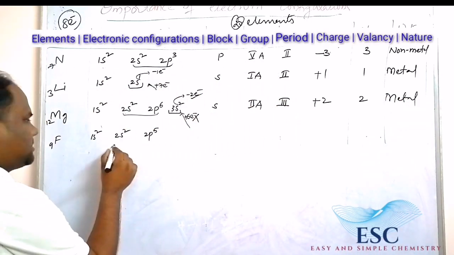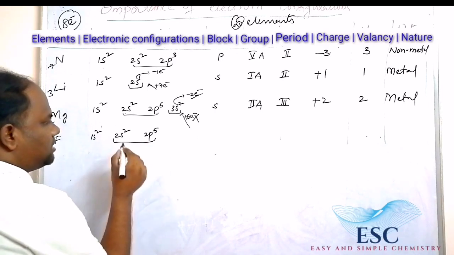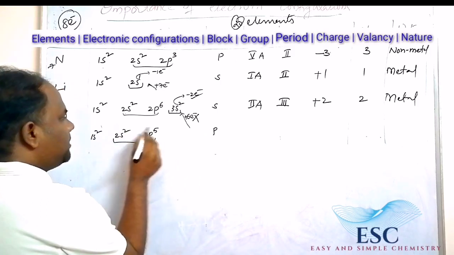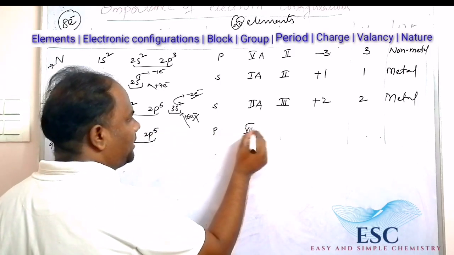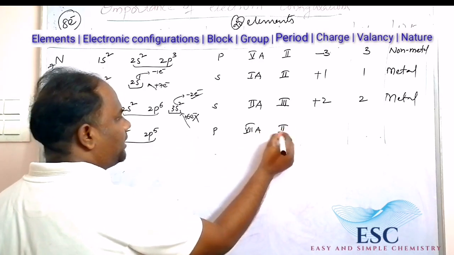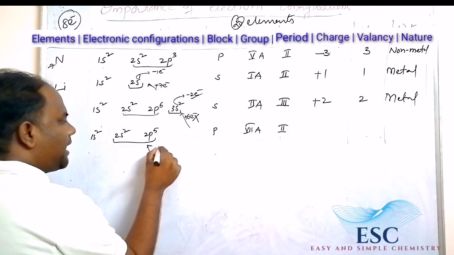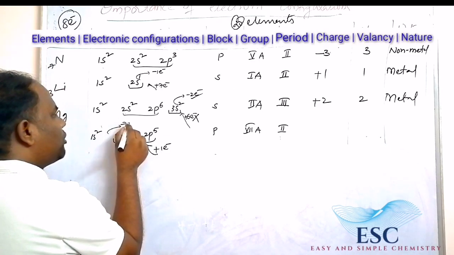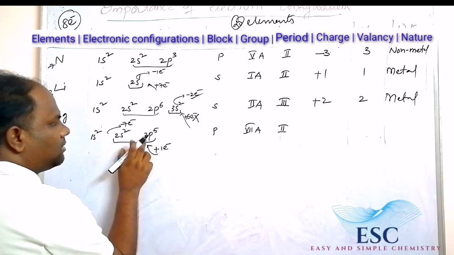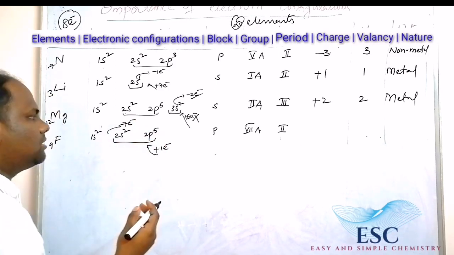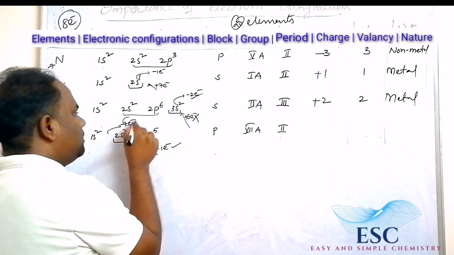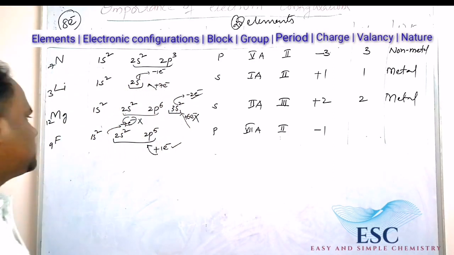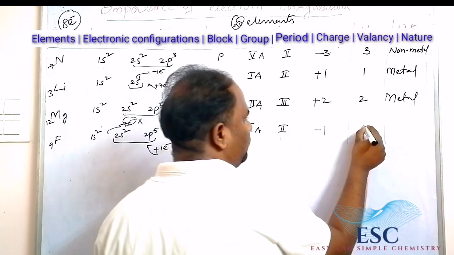Then go to another example. Fluorine. So how many electrons are in the valency shell? Fluorine is a P block element, 2 plus 5, 7th A group element. Last number 2, second period. What is the charge? 7 electrons here. It will accept 1 electron or lose 7 electrons. Which condition is favorable here? Accepting 1 electron to become stable, not removing 7 electrons. Accepting 1 electron means the charge of fluorine is -1. The valency of fluorine is 1.